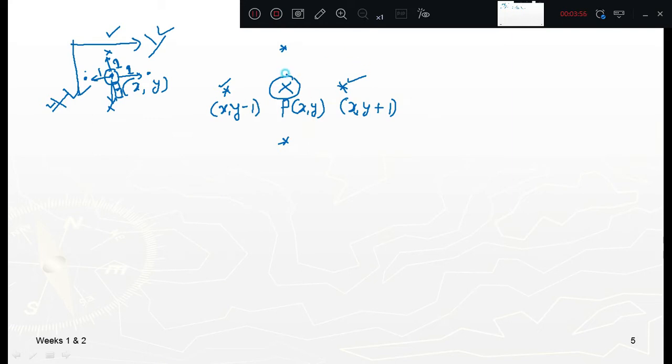Now similarly you go upward like this. When you are going upward, I took it with respect to the middle pixel again. What are the coordinates of this one? Which coordinate is changing, x or y? x is changing. Is it increasing or decreasing? It is decreasing by a value of 1, that is x minus 1. Which coordinate is constant? y will be constant. I hope you understood this.